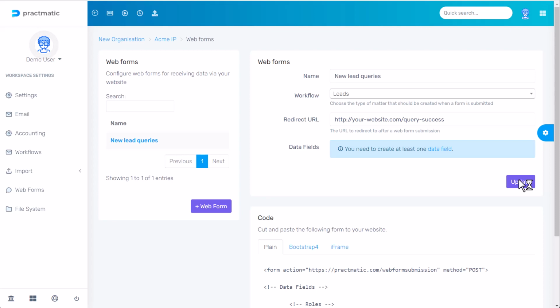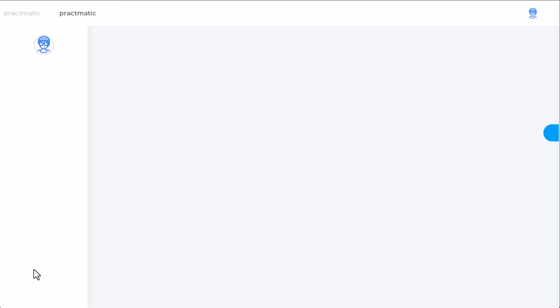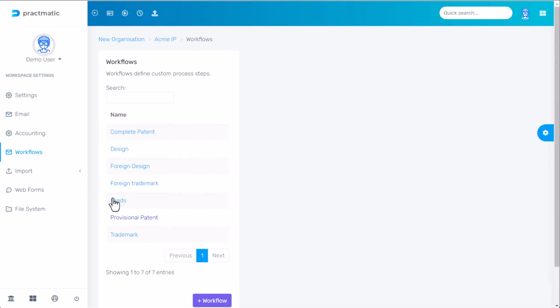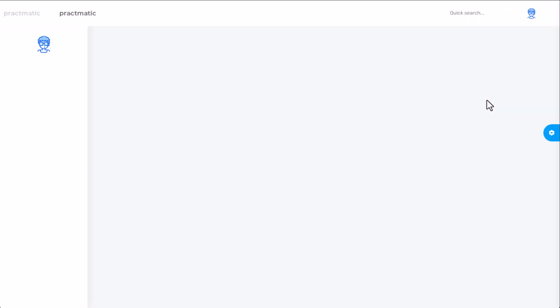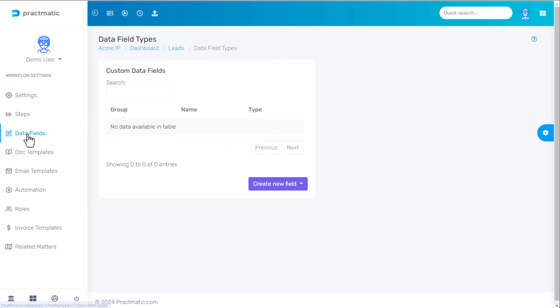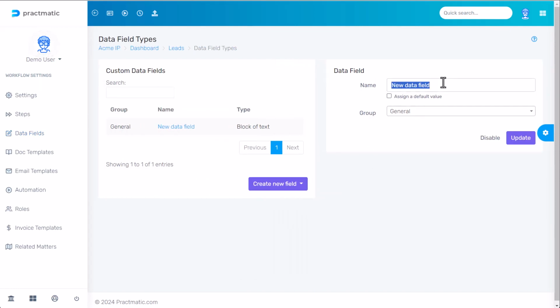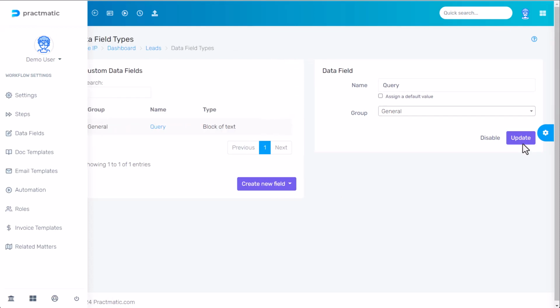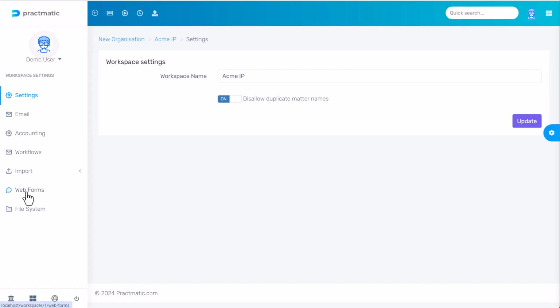When submitting a web form, you can receive data relating to one or more data fields. For the lead workflow, we don't yet have any data fields. So let's fix that. I'll go back to my workspace settings, and under workflows, I'll select leads and go to settings. For our data fields, we essentially only need one data field, which will be a block of text, which is the query received from the prospective lead. Okay, let's go back to our web forms